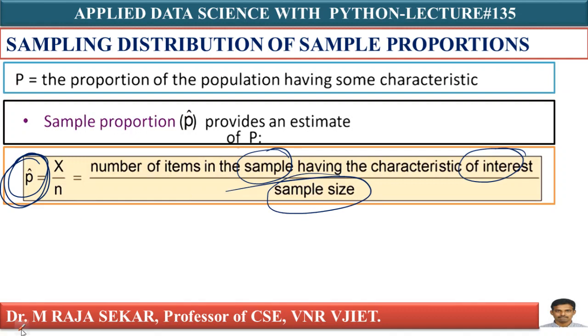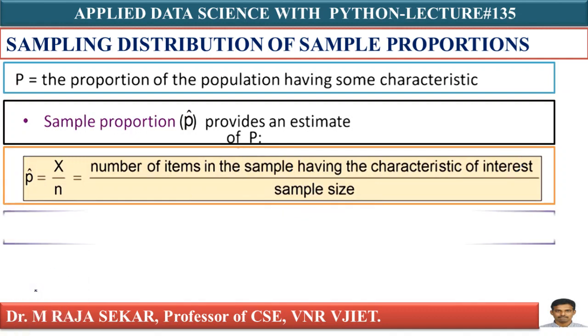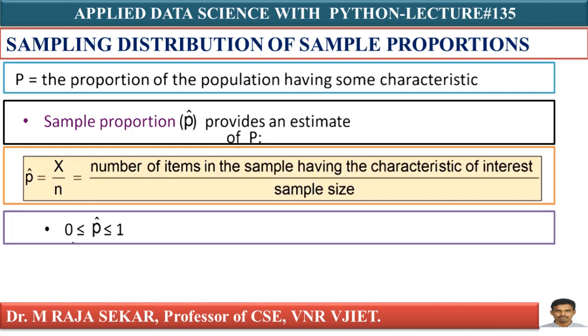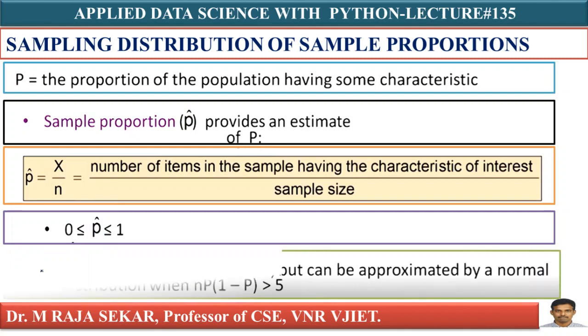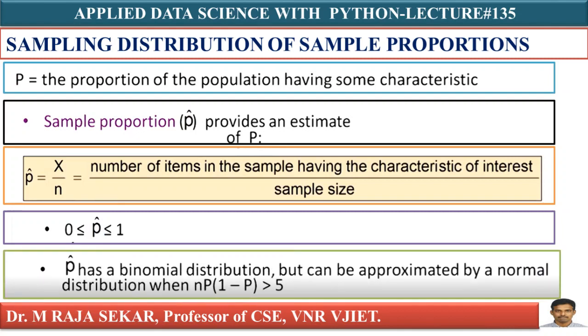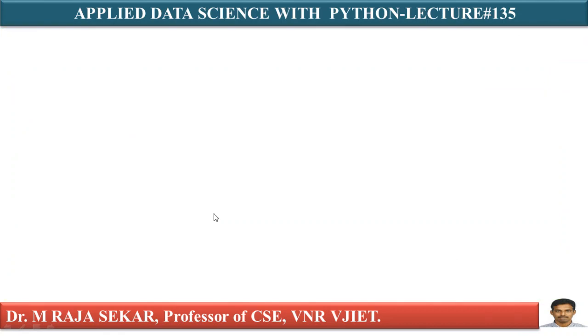Anyway, we will discuss problems so that you can understand these things. What is my P hat or P cap? It is related to the sample proportion or sample probability. As we know, probability always lies between 0 and 1, so your sample proportion also lies between 0 and 1. We will try to understand these things with the help of a simple problem. It is simple and straightforward language. You can read and understand. Let me proceed further.